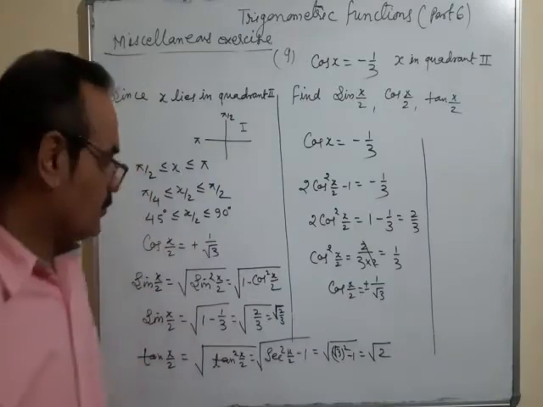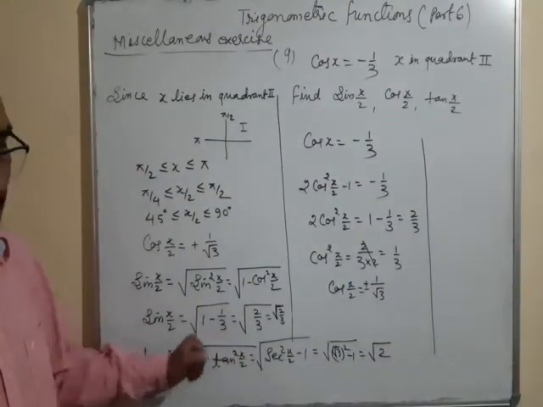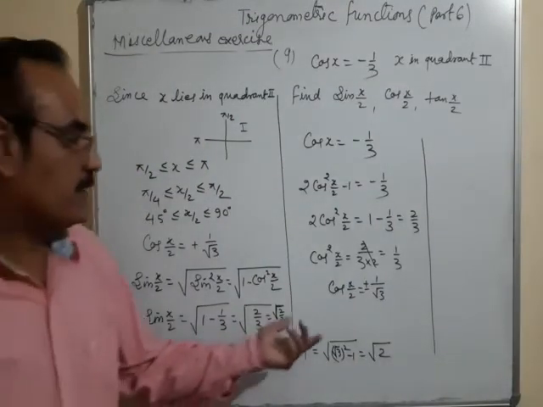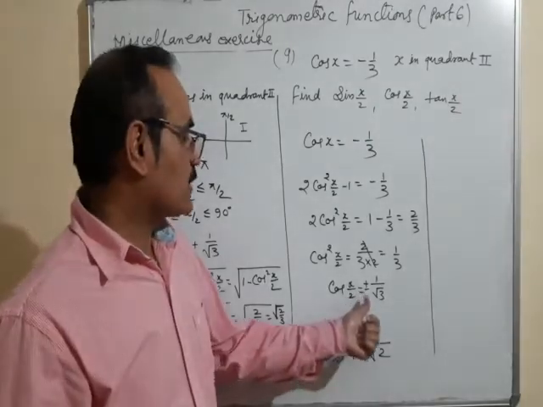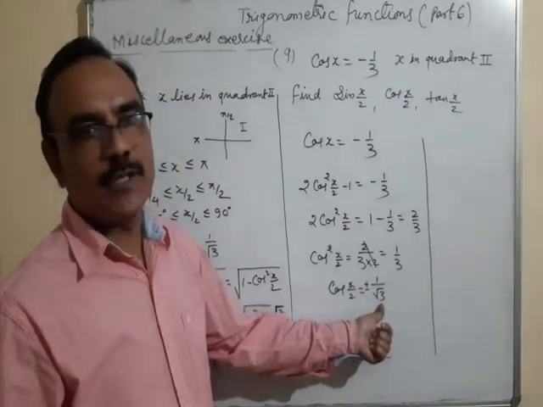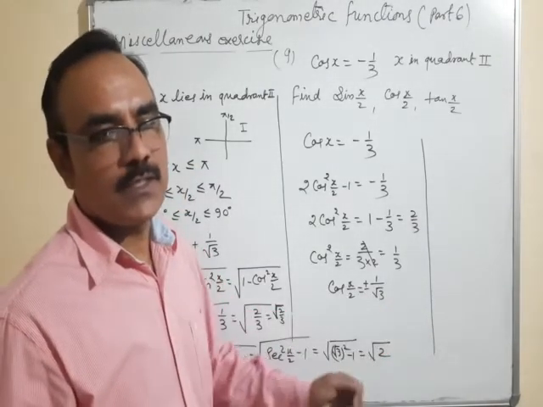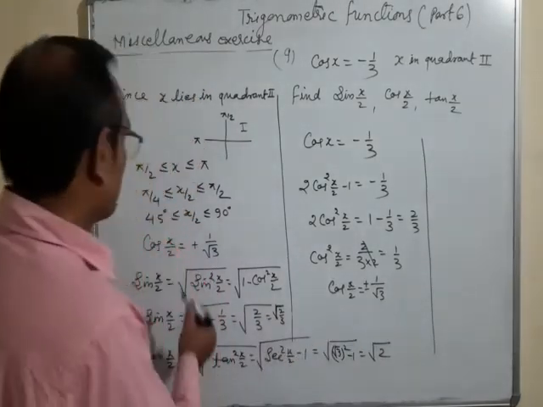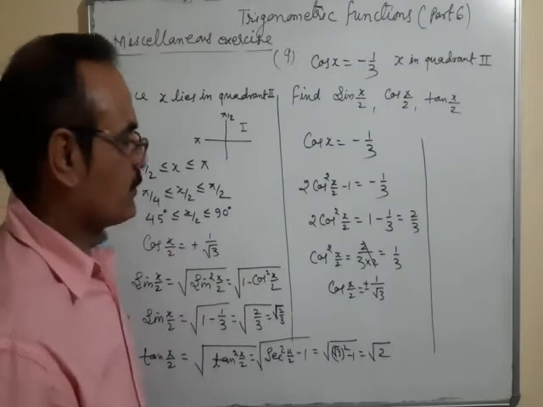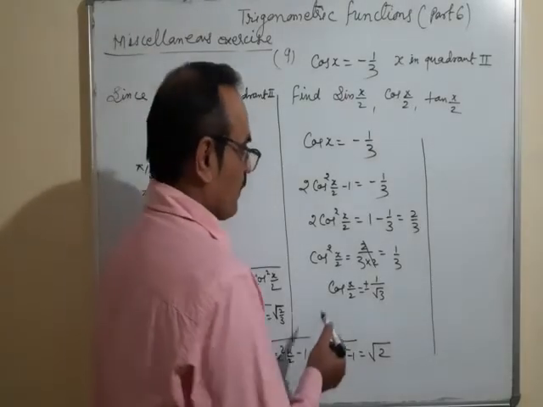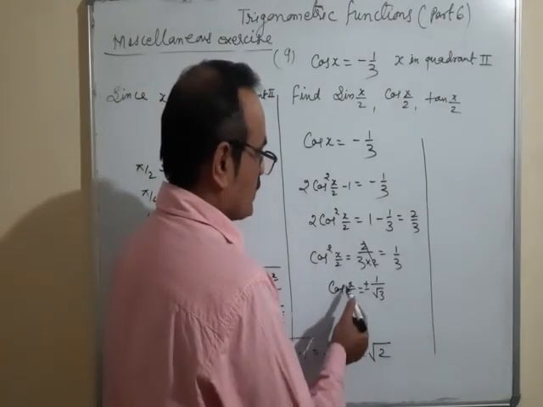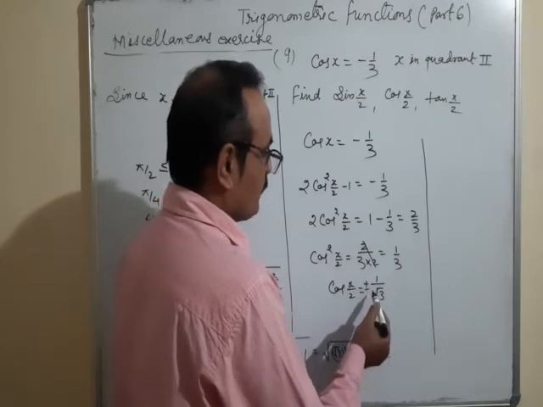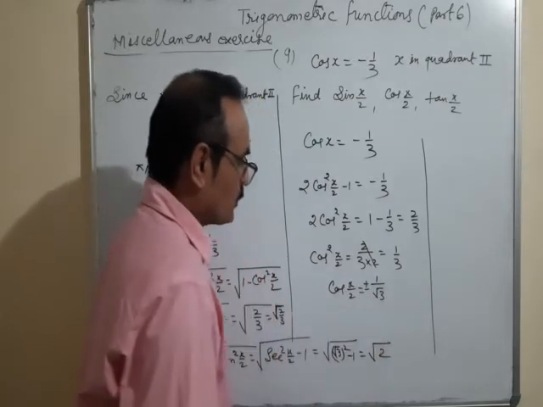I have a doubt that you are having a lot of problem in these terms. I'll tell you another way. Cos x/2 is equal to plus minus 1 by root 3. Okay. What is it? Plus minus 1 by root 3. Because x/2 lies in the first quadrant, we are getting all these values in that. Now what happens? Cos x/2 is equal to, in the second quadrant we will take minus 1 by root 3.